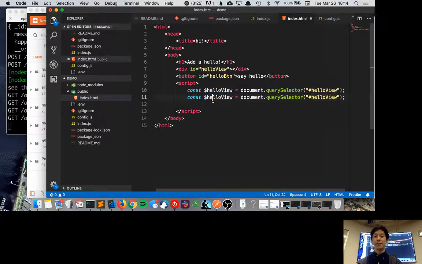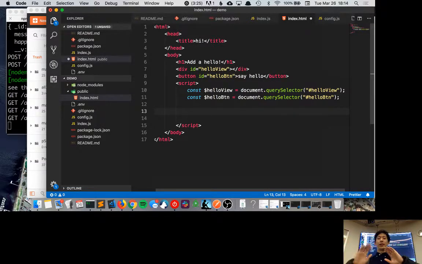It doesn't have to be there, but it's a convention that came out of jQuery. And this is the hello button. So what's going to happen now is that when people load the page,